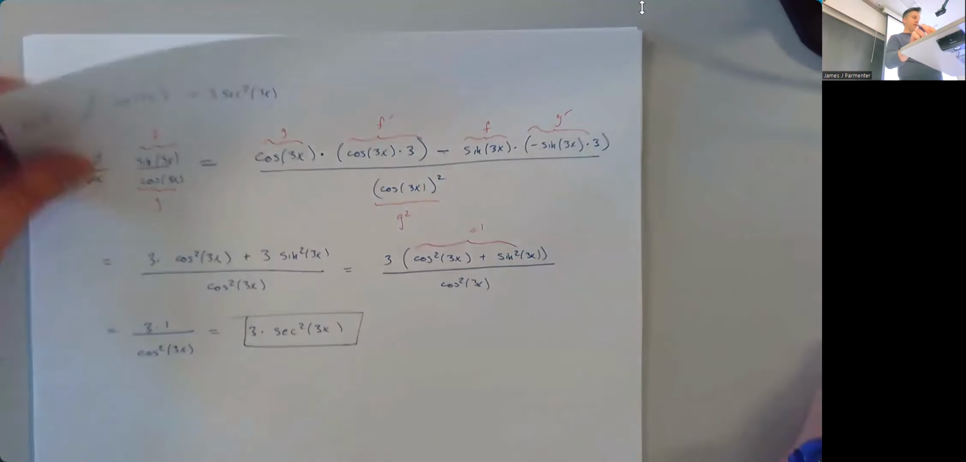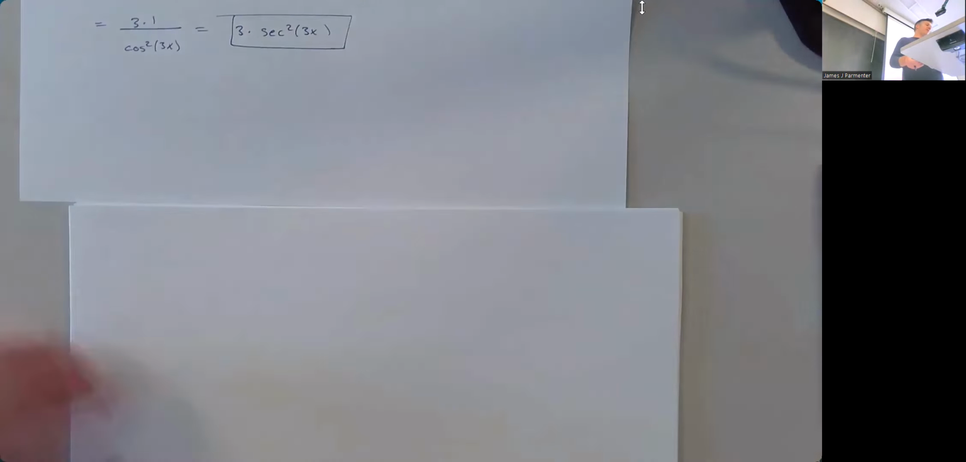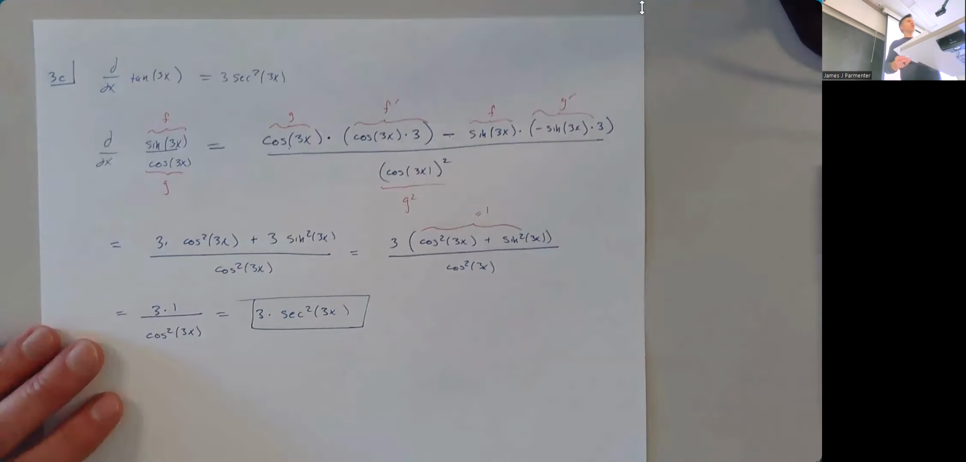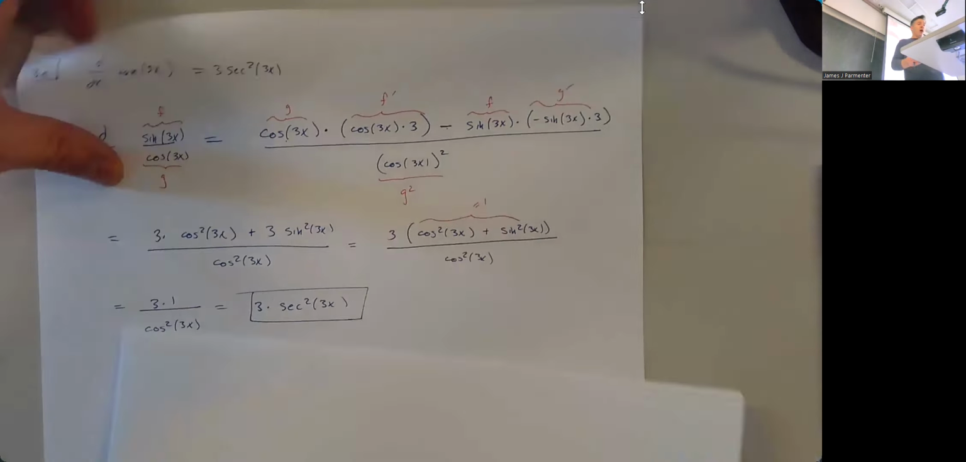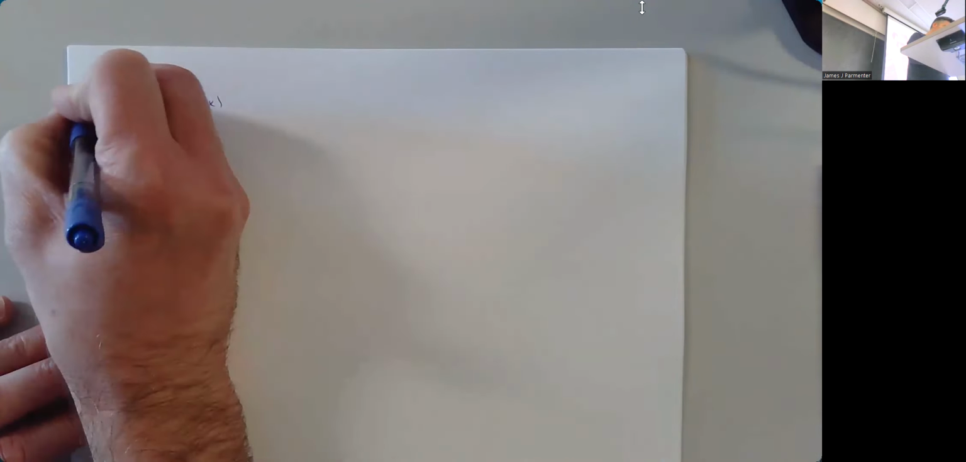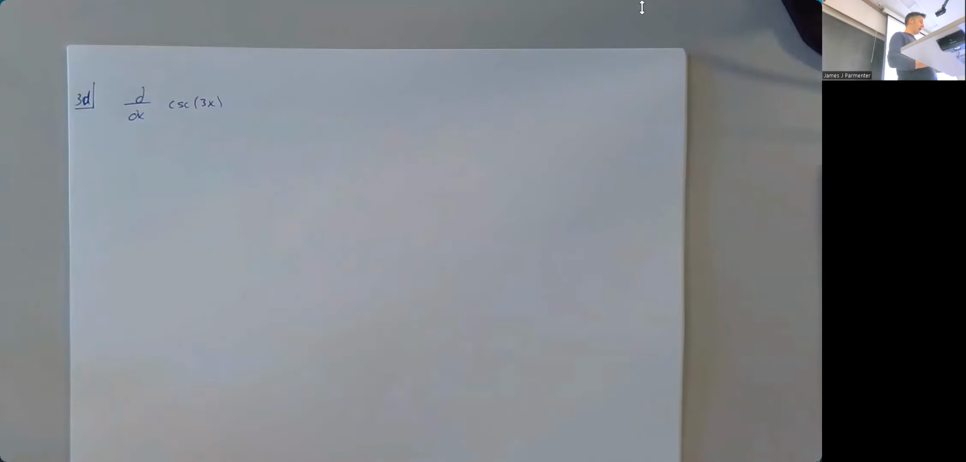So for 3D, I will say for this one, for tangent and cotangent, it's kind of weird to do it not using the quotient rule. For secant or cosecant, you kind of have options. So if I want to find the derivative of cosecant of 3x, this is 3D. Specifically here, it says by writing cosecant in terms of sine, and then taking the derivative using the chain rule,